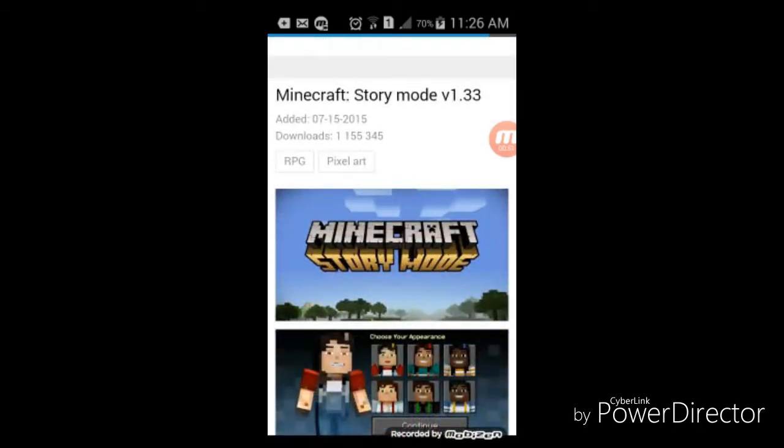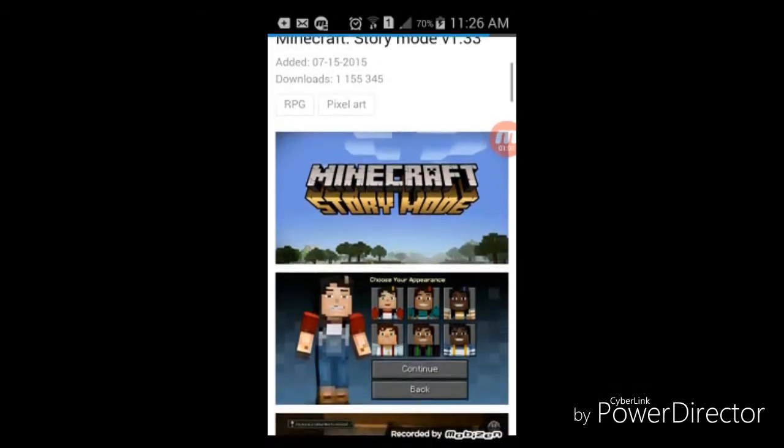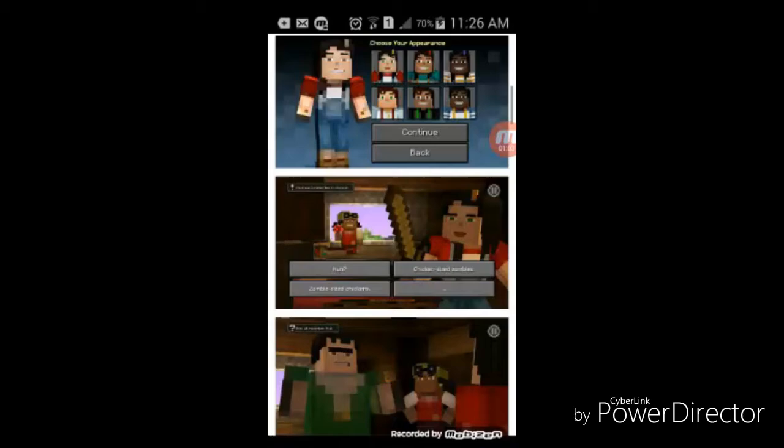Minecraft Story Mode v1.33, added 07/15/2015. Download.